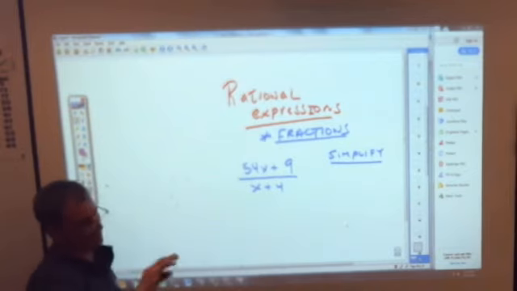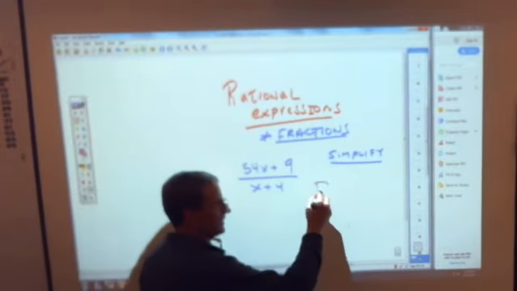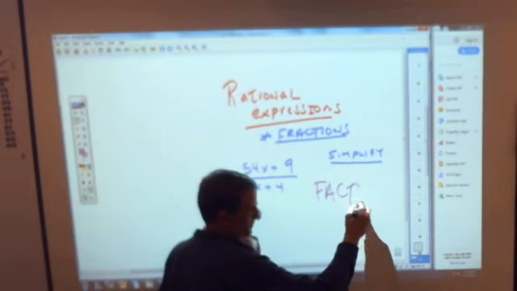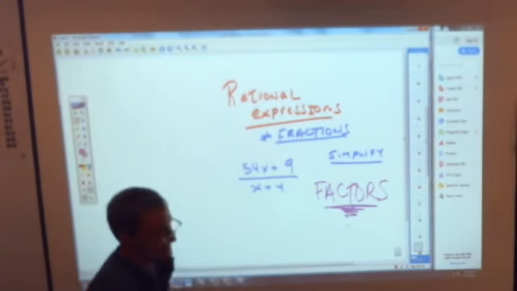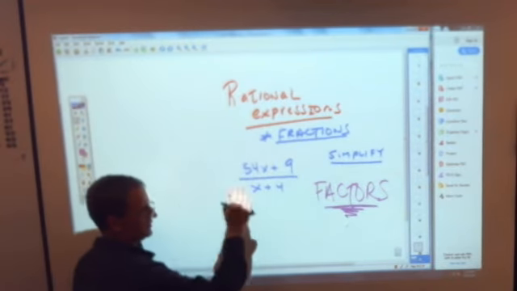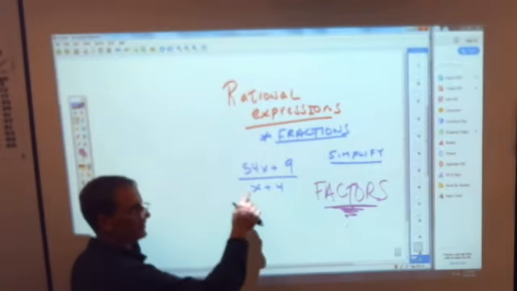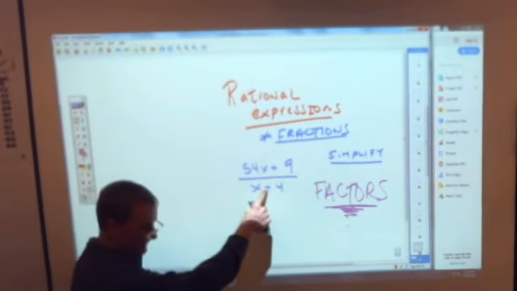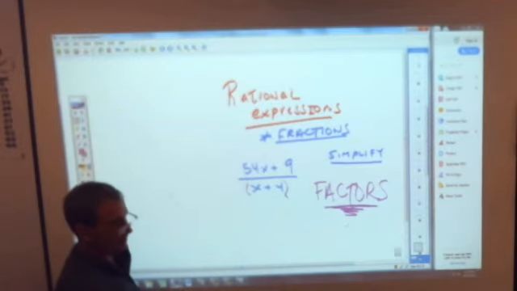We just talked about this a week ago, but you forgot. The only way that you can cross-cancel things on bottom with things on top is if they are, write this down in big words, they have to be factors. Which means they have to be 2 things multiplied together, not 2 things added together. You can't just pull apart this x and that x. The only way this bottom thing will cross off with anything is if it would happen to be an x plus 4 as one big thing.